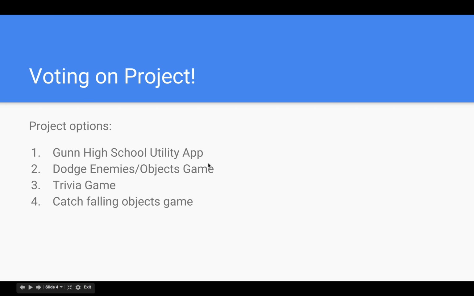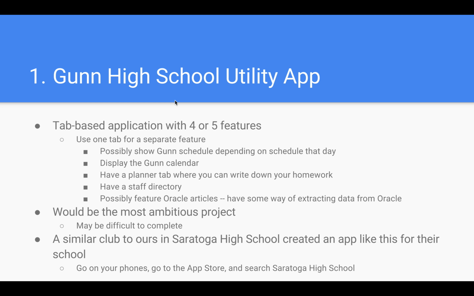Okay, and so here's a look into my Gunn High School utility app idea. So if you guys could take out your phones and go to the App Store and search up Saratoga High School. Tell me if you guys get it.